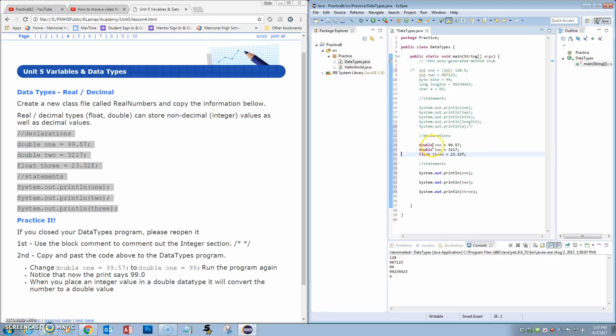So we say double. Okay, we're telling it the type of variable we want to create. We're giving it a name, an identifier. This single equal sign says that we're assigning a value to it, and we're giving it a value of 99.57. Okay, so then we're having double 2, and then we have its value, and then we're creating a third variable